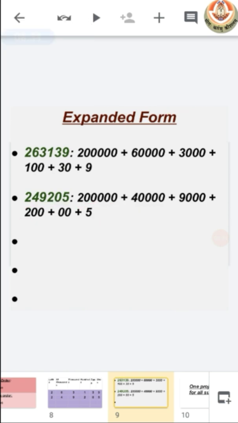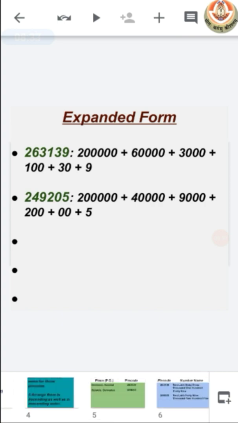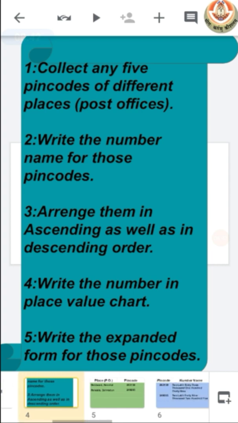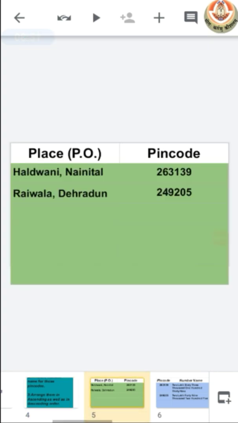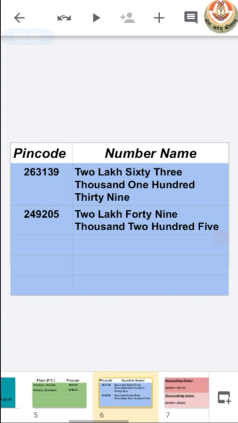So this is the way you have to do your project work. Keep in mind that you have to write this question first. Then you have to make tables for every step. First make a table for just place, means post office, and pin code. Then make a table for pin code and its number name.